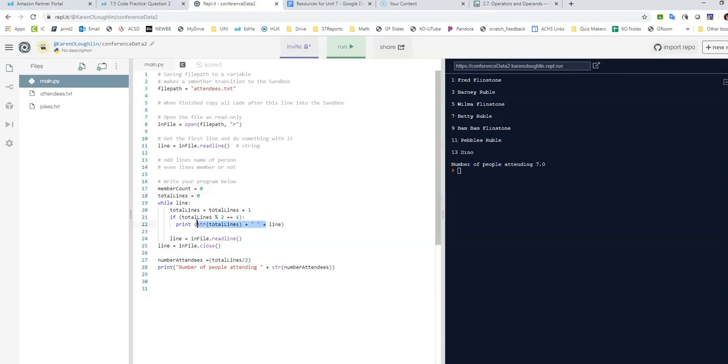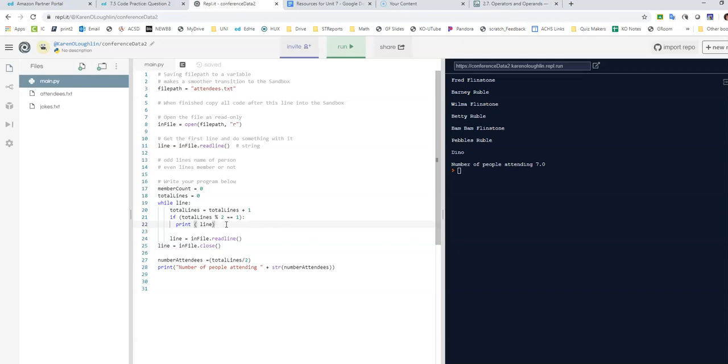But therefore, it's just printing that line. And actually, if I got rid of the line number and I just went ahead and ran it, then it's going to print all my attendees. So there's all my attendees, and the number of people, 1, 2, 3, 4, 5, 6, 7, is 7. So everything's above board. Now, what's going to happen when you run your joke program is you're going to need to print some combination of that value,